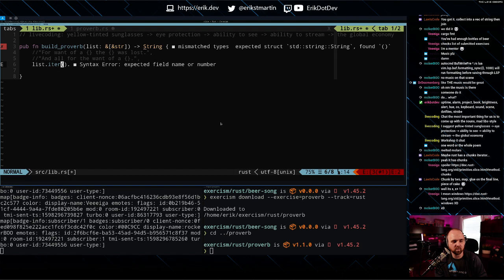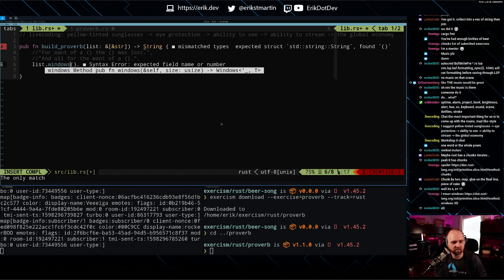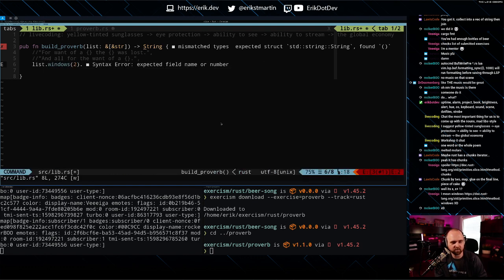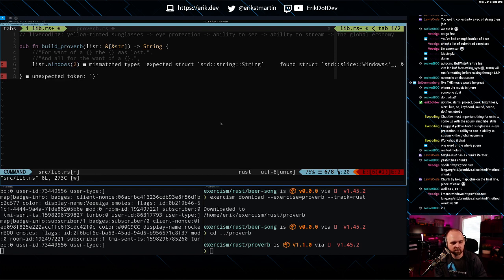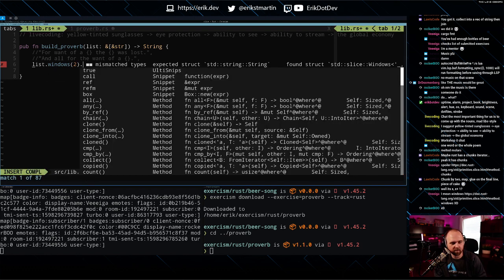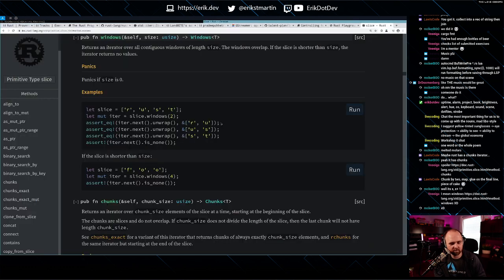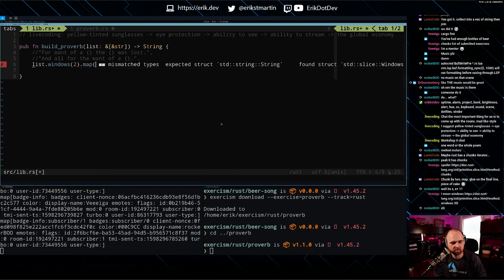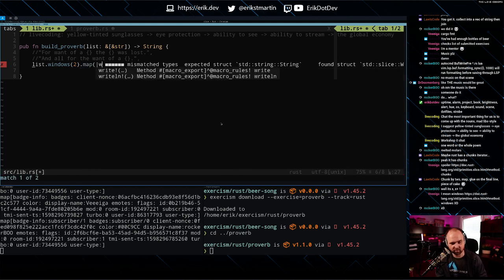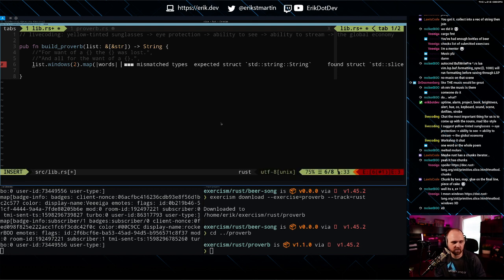Okay, so no, we just call windows, and we tell it we want 2. Okay, and then we do our map. And I'm guessing this would be words plural. And so how does this work if we don't have exactly 2? So we might have to do some bounds checking in the beginning, but